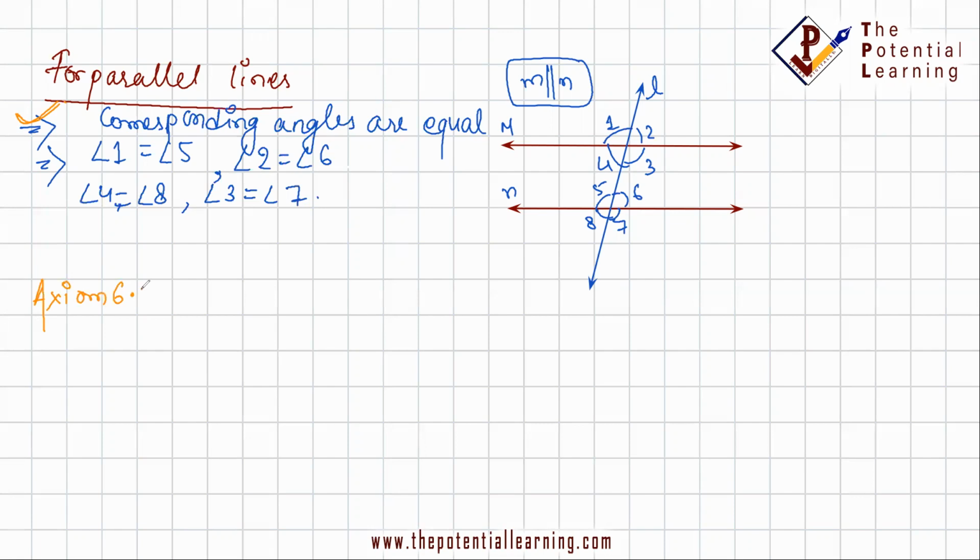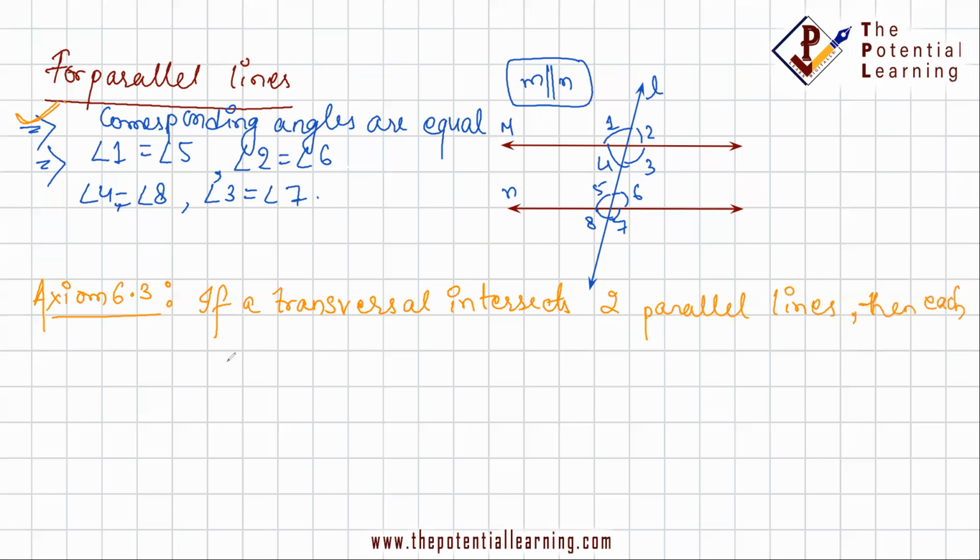So one axiom is there which says, if a transversal intersects two lines, or here specifically we have to write two parallel lines, then each pair of corresponding angles